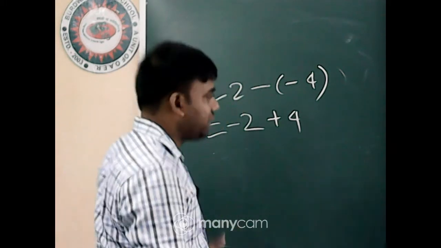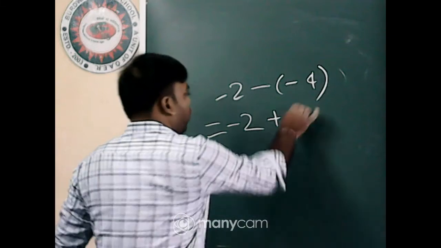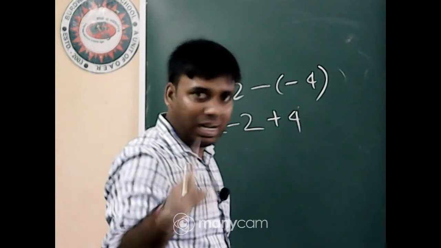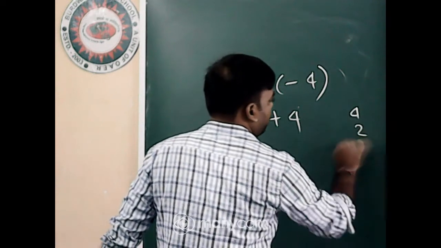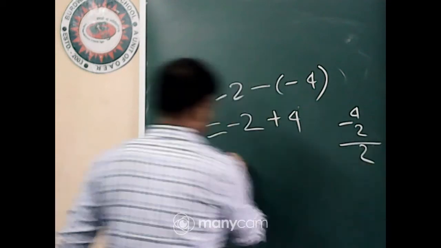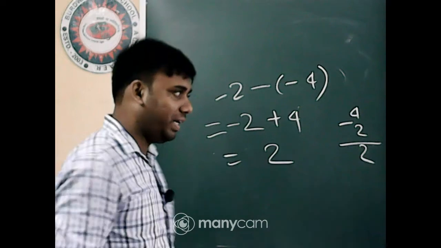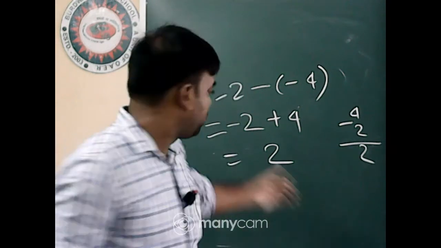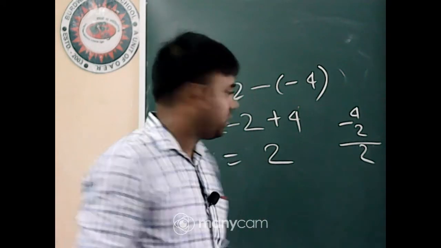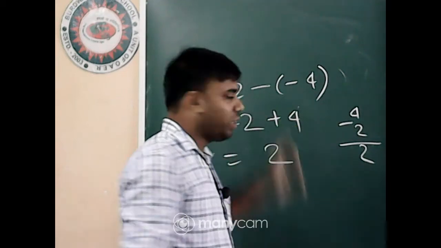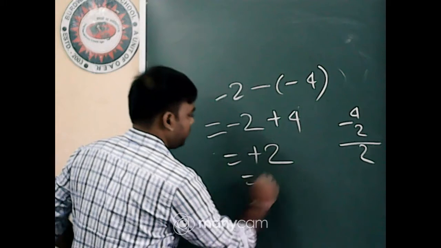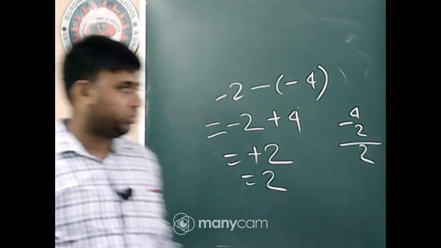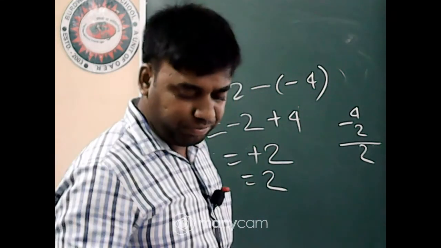Minus, okay. So minus. So 4 and 2, which one is greater? 4, and 2 is smaller. 4 minus 2, that is 2. Okay, now what will be the sign of that 2? Plus or minus? Consider this 2 and 4. Which one is greater? 4. What is the sign of 4? That is plus. So plus 2. Got it? Got it, Tori?